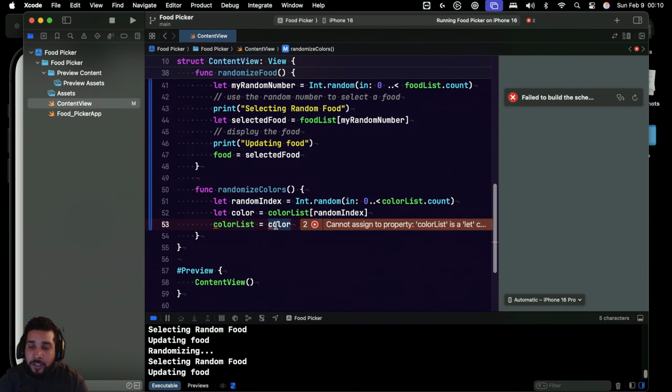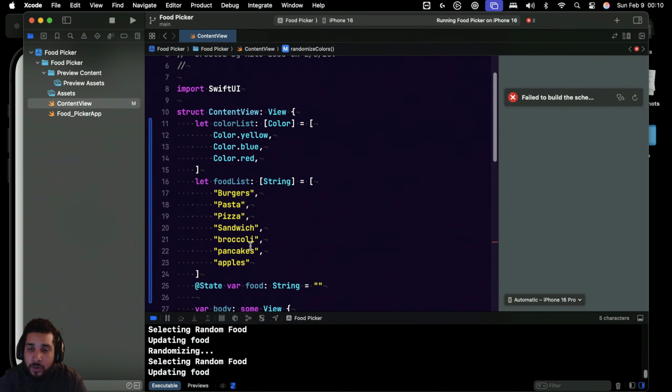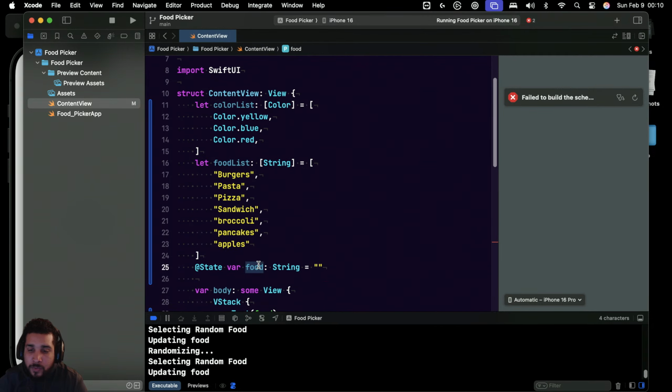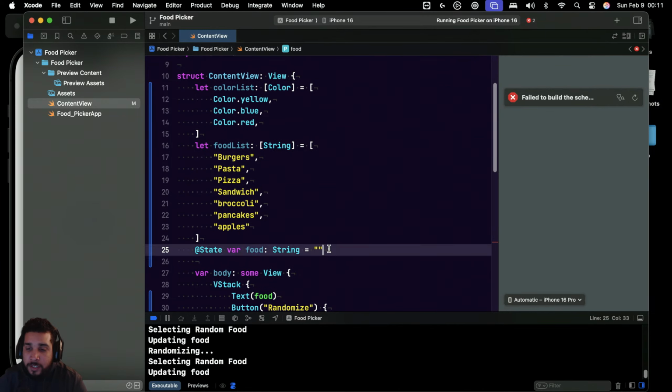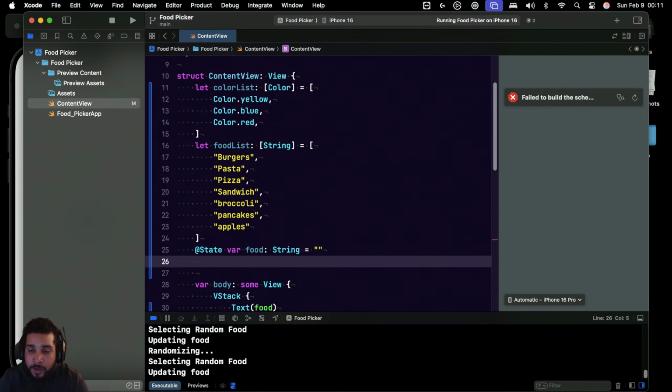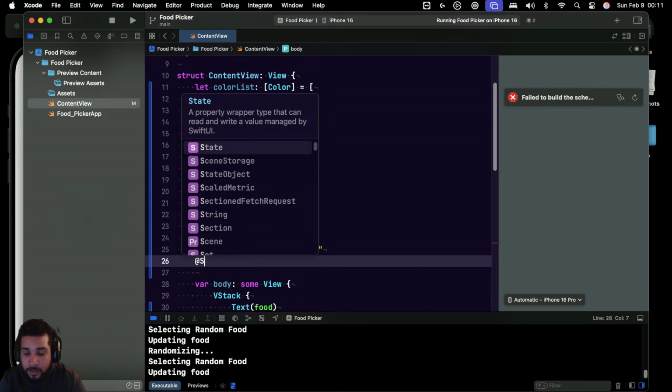So what I actually wanted to do was to have a selected color. Because this is kind of how we kept the string that we wanted to display. But right here, we want to be able to select the color that we want to display. So we'll do @State